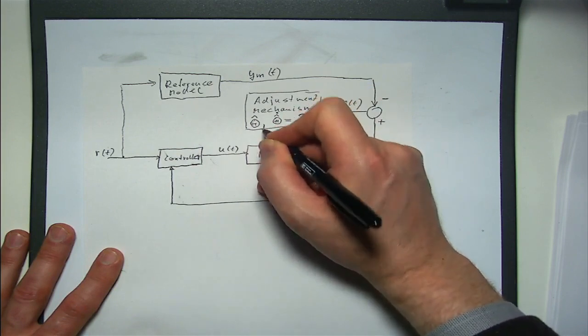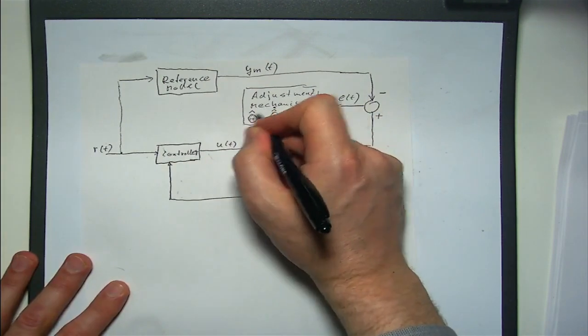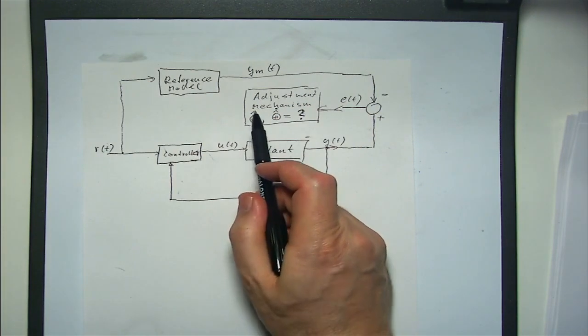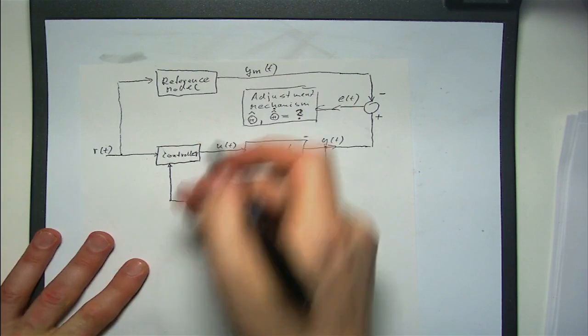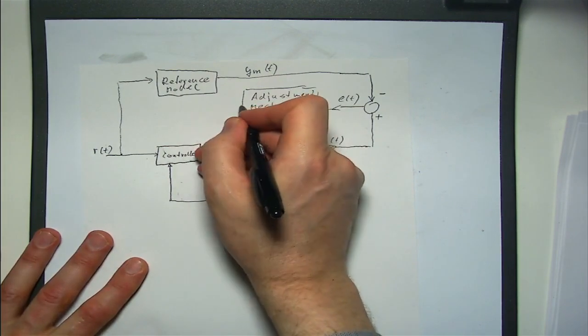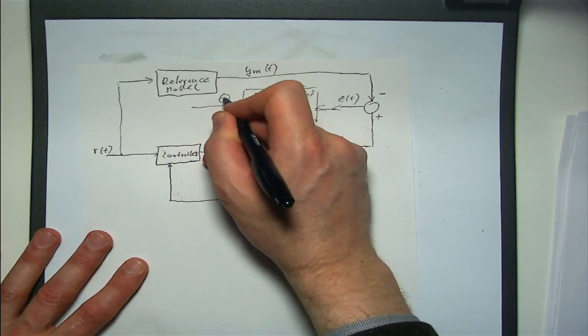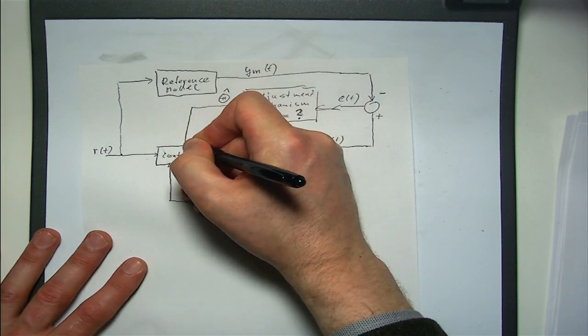So that's the question. What is our theta hat dot? Theta are parameters we don't know, and we will see where these parameters come from. And theta hat are the estimates. So everything with hat is usually an estimate of some parameter we don't know. So we are getting out here our theta hats, and they are then affecting our controller.